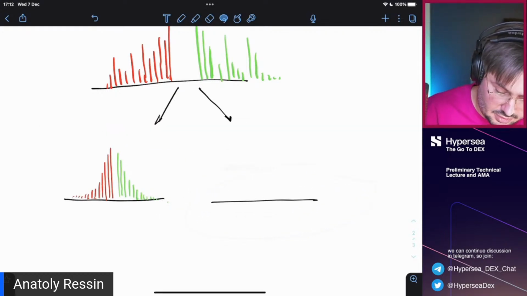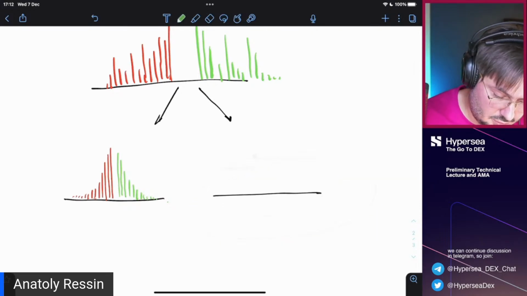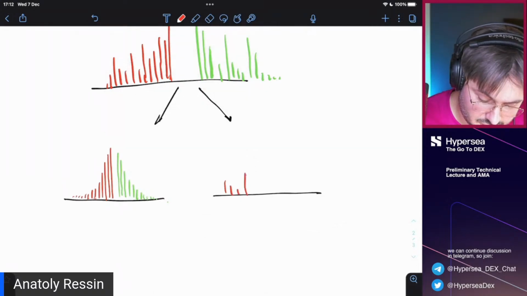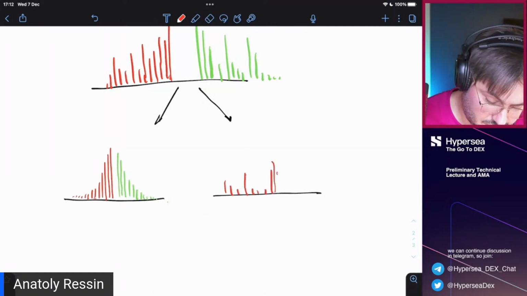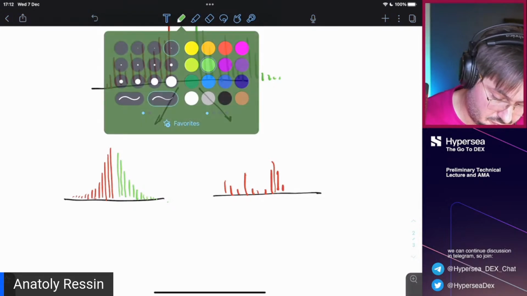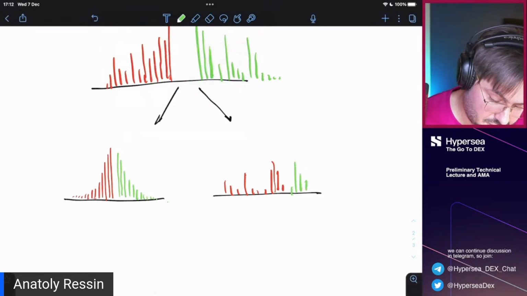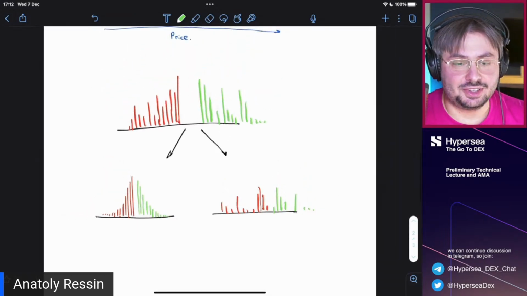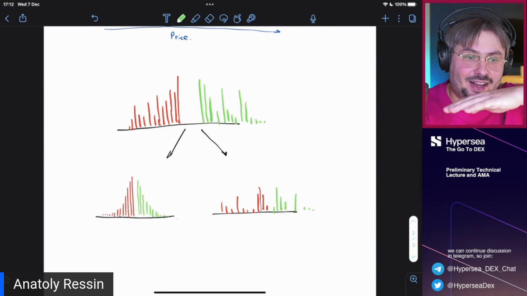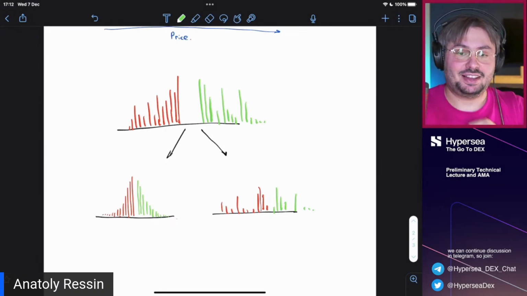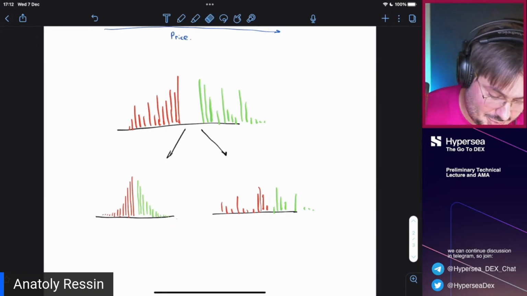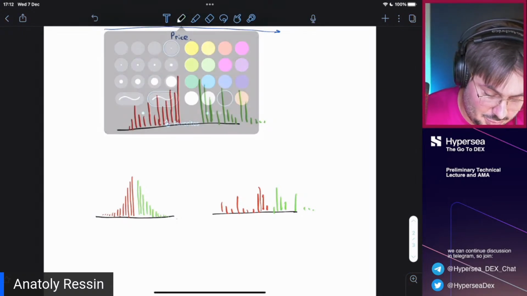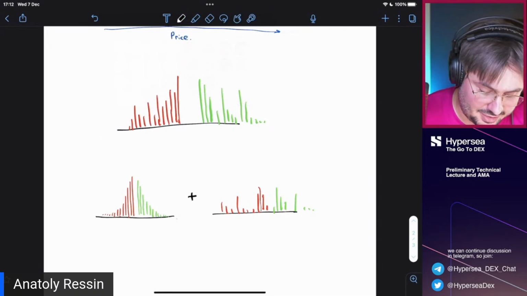And the other looks like this. So actually, if you add them together, let me depict it in this way. If you just added them together,